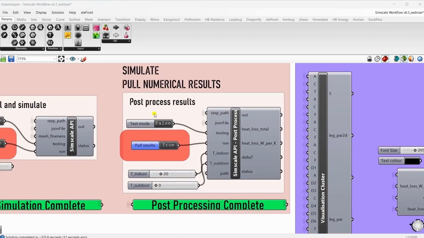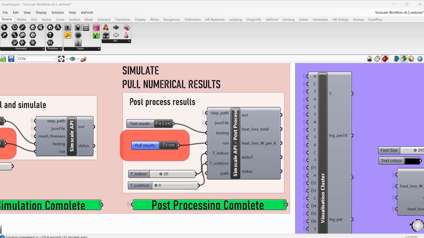Okay, so the component's now telling us that the data has been retrieved from the SimScale platform, and we now have some results brought back into Grasshopper, and we can also begin to visualize those within